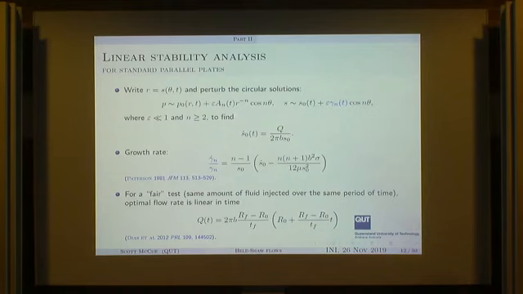The idea really is that you're trying to set up a fair test. So this crude method I suggested before, where I just change the flow rate to try to reduce the fingering, that's not very exciting at all. A better test is to say you're going to pump in the same amount of fluid over the same period of time, and then you want to change the flow rate. So what's the optimal way of designing a time-dependent flow rate to suppress the fingering if I want to inject the same amount of fluid, or say extract at infinity the same amount of fluid over the same period of time? So I'm not really going to say where they get that from, but I'll just suggest that this is